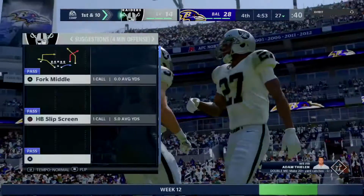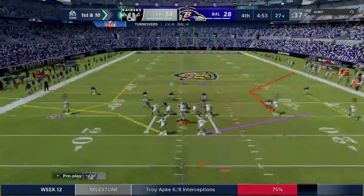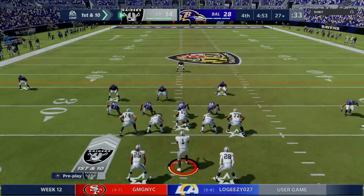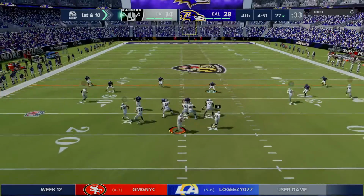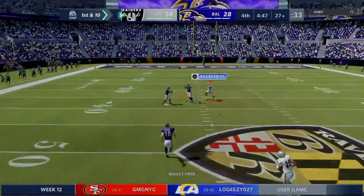Just a little bit of a rough stretch. 6 interceptions now in these last 2 weeks combined. I know the easy thing is to go back to mechanics, footwork, things of that nature. I'm also wondering, is he getting fooled by what he's seeing on defense? Has the scouting report changed? Are they showing him things different than what...